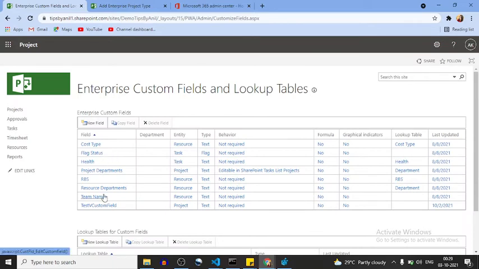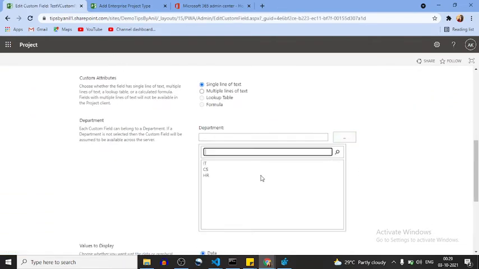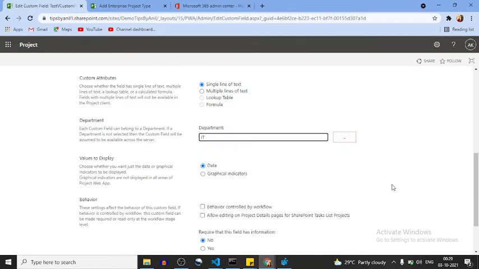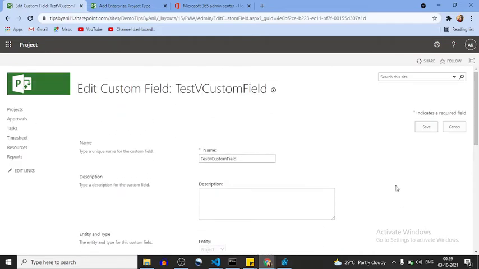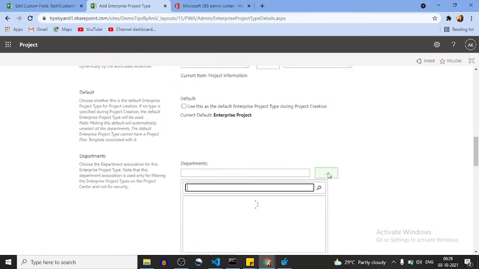Now this custom field we have created over here, if I want to assign it for the IT department only, then whenever you create your project with the IT department EPT, means your EPT is of type IT department, here if I choose the IT department, then only the IT type of custom field you will see on your PDP.